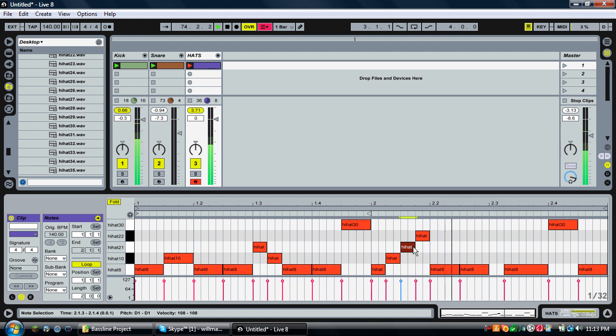Alright, so that sounds pretty interesting, alright? Now here's one thing that I want to tell you. So apparently real life drummers, even the best, won't play evenly between their right and left hand. They don't hit the same. Like one's a little bit harder. So what I like to do is select all the odd hats and bring the velocity up just a little bit, and then select all the even hats